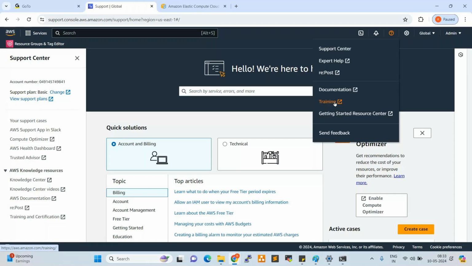So, Getting Started, Resource Center. What is this? Apart from these AWS resources, we can go through the other resources also: the Resource Center and third-party resources. Fine. The next one is Send Feedback. What is this? For whatever services we are currently using, if you want to provide feedback,